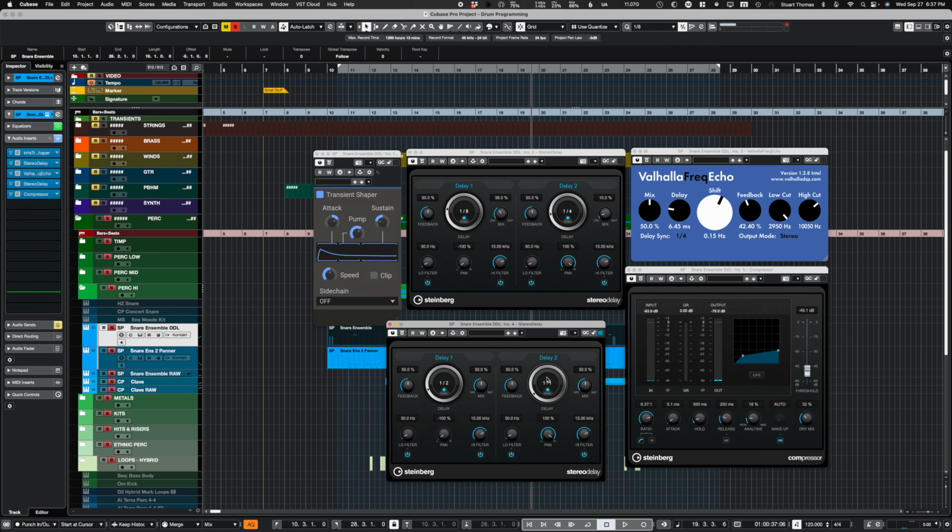Put this one at half, and then maybe dotted quarter. See, so you can just stack delays on top of each other and get all kinds of interesting patterns. If I went higher here,